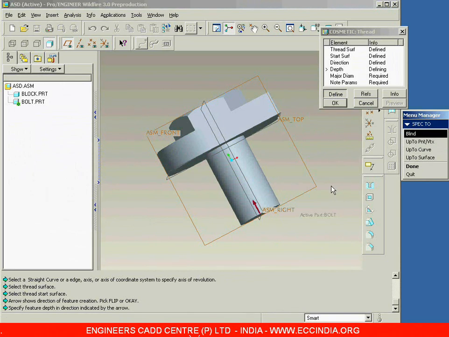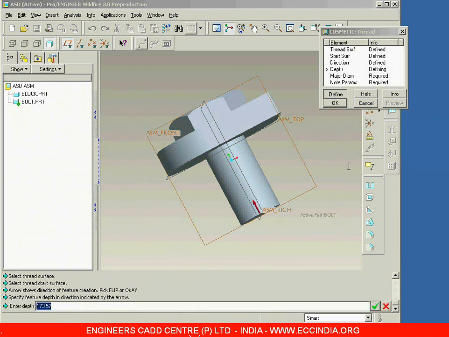The distance you can specify either by going with blind, or you can go with three more options, that is up to pointer vertex, up to curve, and up to surface. Now these three options are just like up to a reference, because we are going to select points, vertex, curves and surface as references. So if you go with blind, you can specify the exact distance. If you want to select a reference, you can go with any one of the next three options. Now let me go with blind because I want to give exact value. So I am going with blind and done.